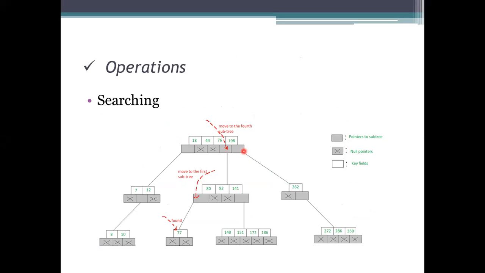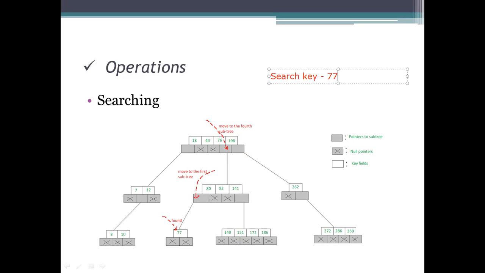So searching here is, we need to search for an element, and we need to know which subtree has to be taken, as I said. The search key here is 77, and we see where it resides.